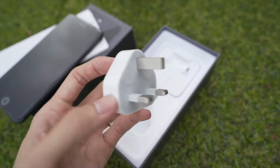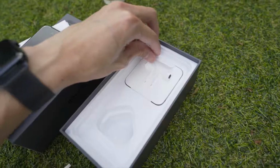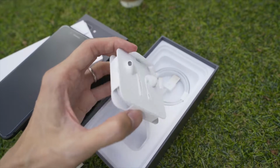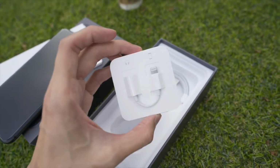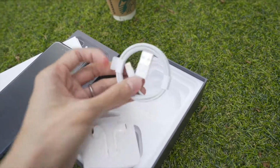Oh, this is the funny UK plug for some people. It's funny, it's so big. And no, this is not AirPods, not the wireless. This is wired. And then oh no, the dongle. This neatly